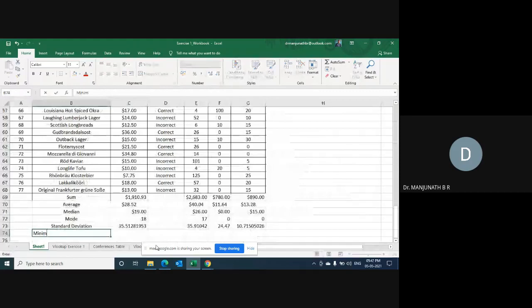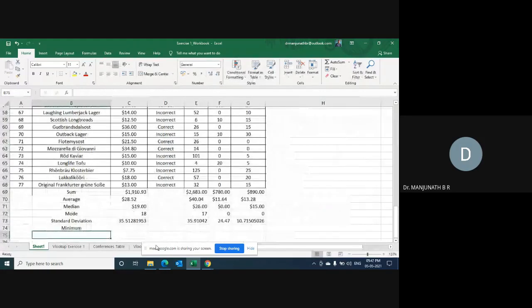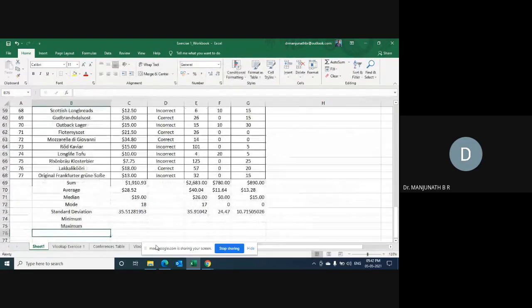You also please write minimum, and the next one is maximum.